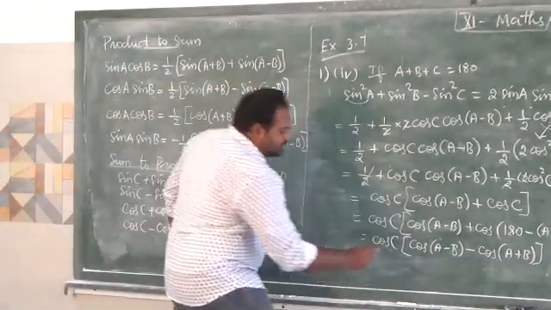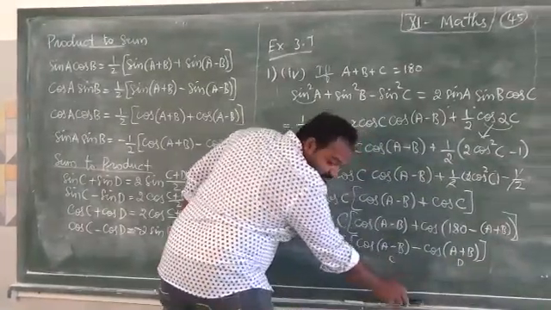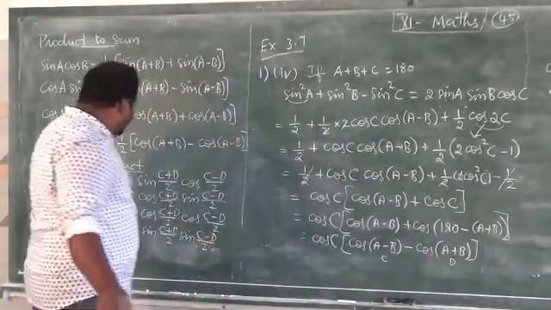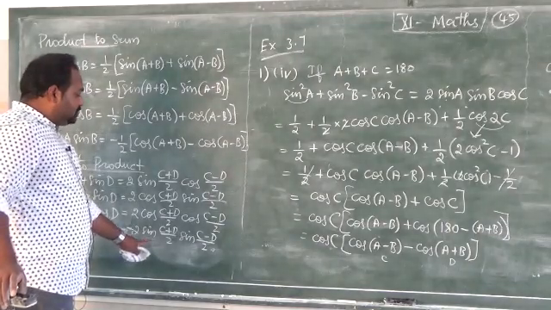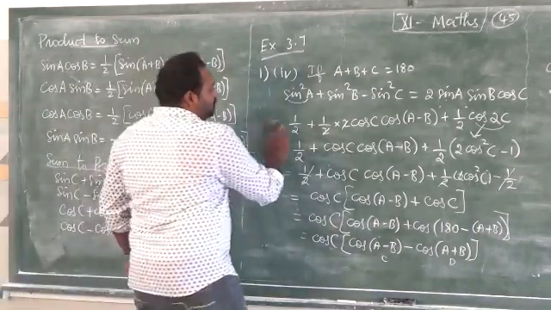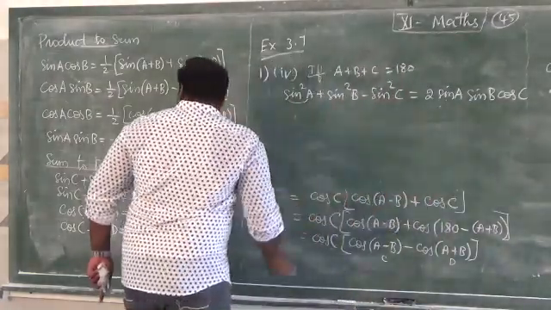Here I am going to consider this is C, this is D. So cos C minus cos D formula is minus 2 into sin of C plus D by 2, sin of C minus D by 2. So here I am going to use this fourth identity in sum to product